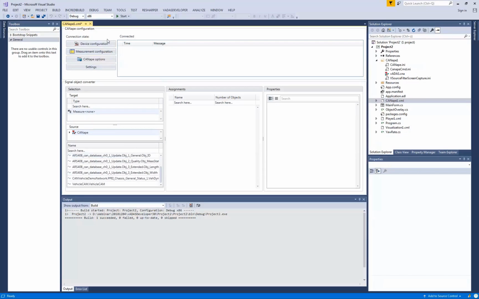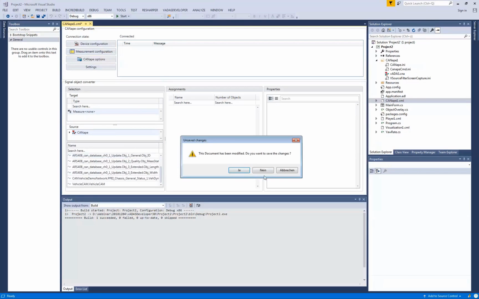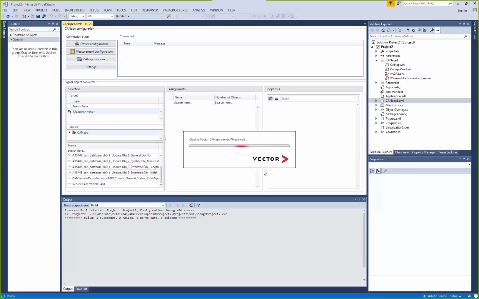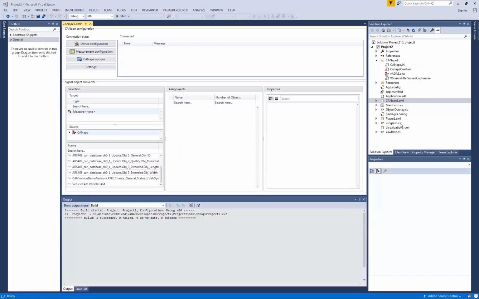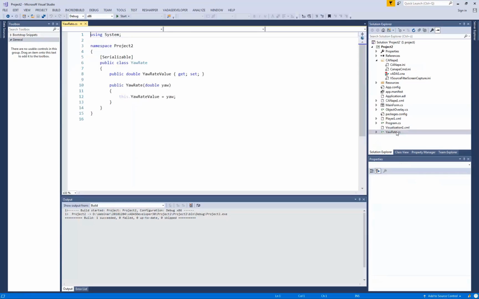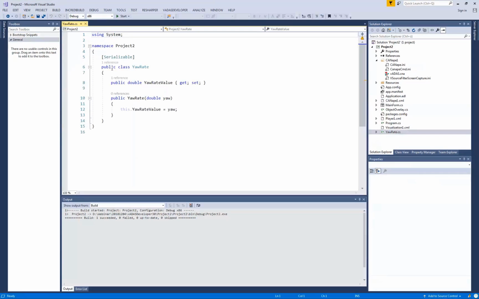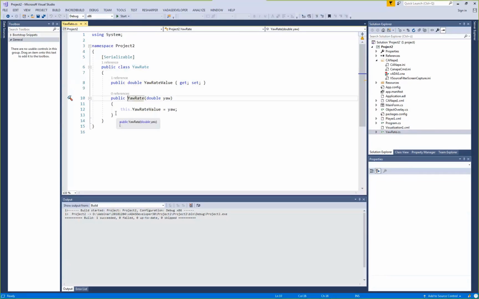So let's start. I'm going to close this. I don't need it. I'm going to click on no. I'm not saving anything. I've already started. So basically, this is very easy. I've written a small class called YawRate. It's public. It should be public because you are accessing it. It has one property of type double